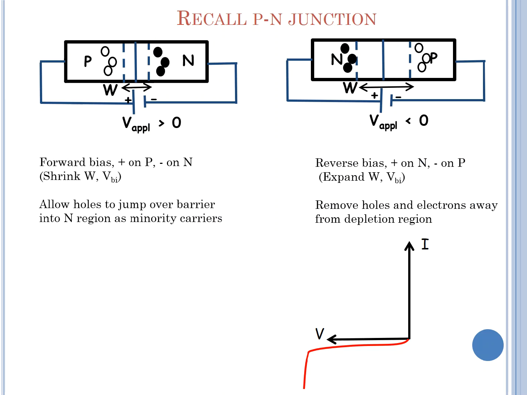If we recall the PN junction, in a forward bias PN junction, the P type material is connected with the positive terminal of the battery and the N side is connected with the negative terminal, then majority carriers flow and holes will jump from the P type to the N type. And if we have a reverse biased junction, the minority carriers will flow, taking holes from the N side to the P side. Graphs for both forward bias and reverse bias are shown.